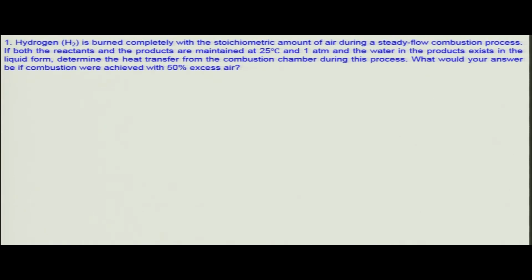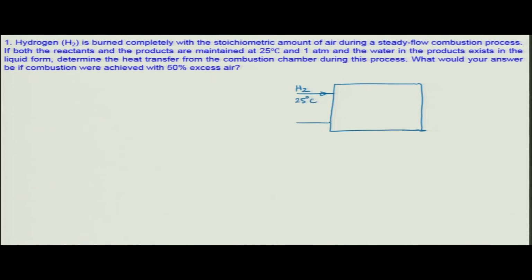Here hydrogen is burnt completely with the stoichiometric amount of air during a steady flow combustion process. Now, it is given that both the reactants and the products are maintained at 25 degree centigrade and 1 atmospheric pressure. So, what is happening? We are having a reactor. In this reactor, hydrogen is entering at 25 degree centigrade,